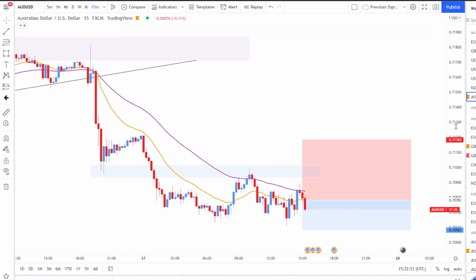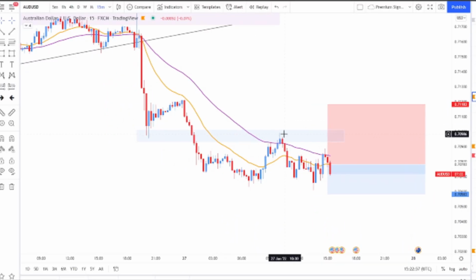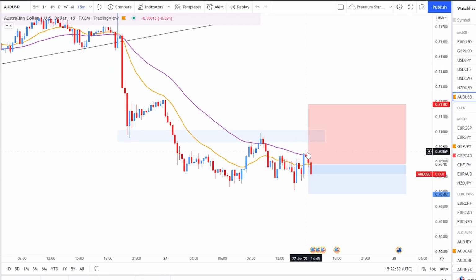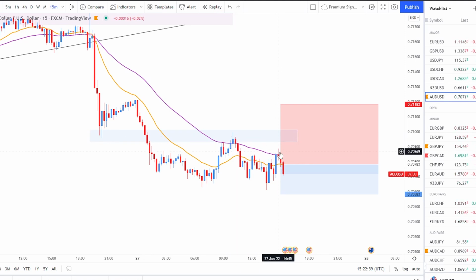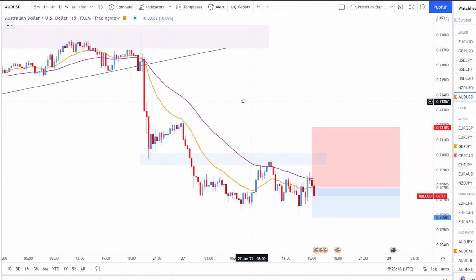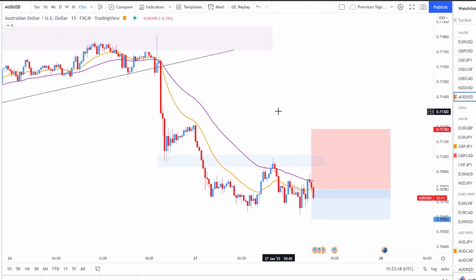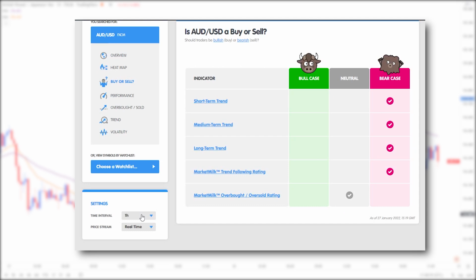So all we have to do right now is go to a smaller time frame such as 15 minutes. So back on the 15-minute time frame, as I said, what you're looking for is a first bounce of the 50 EMA, which has occurred over here. And then we had the second bounce over here as well of the 50 EMA, and this is where I entered my trade short. Currently my profit is running at around $200 so far, which I'm quite happy about